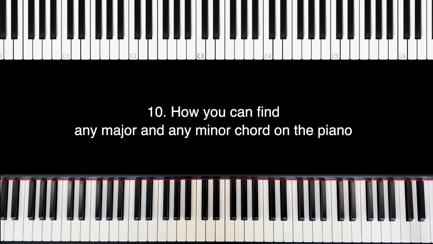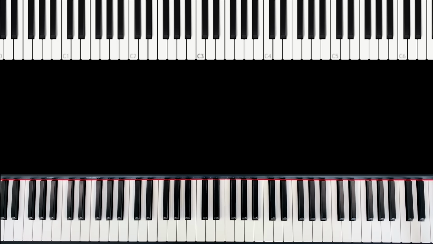Okay, now that you know how to play a C chord, I want to show you how you can play every chord on the piano, every major and every minor chord. And this is the first time where the half tone steps, the semitone steps, come back into the game, because we can choose any key on the piano. So let's say we take the A, 3 notes, the middle one, go to the right.